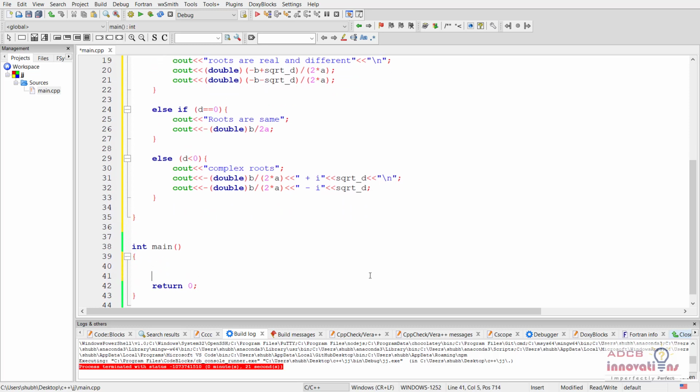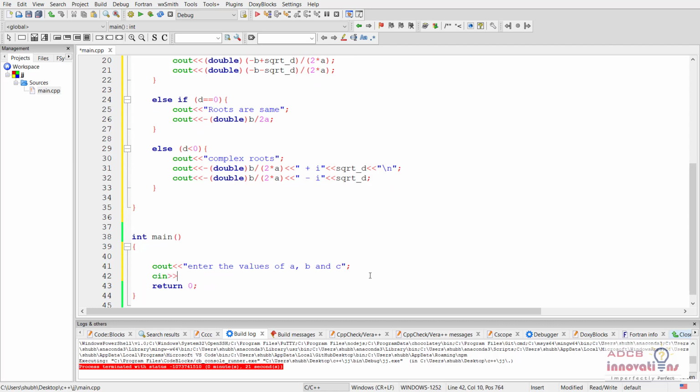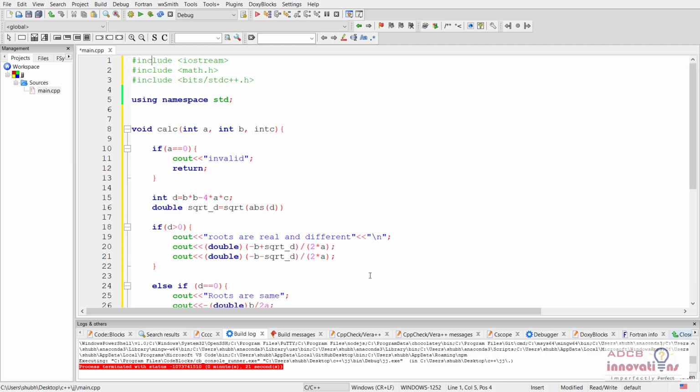So in the main function we are going to take the input from the user. So we are going to write cout, enter the values of a, b and c. And we are going to input cin, that is a, b and c. So now we are going to pass the values of a, b and c